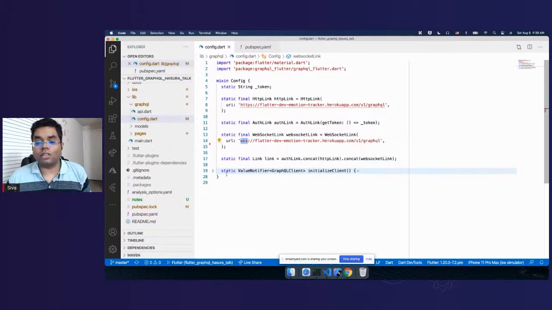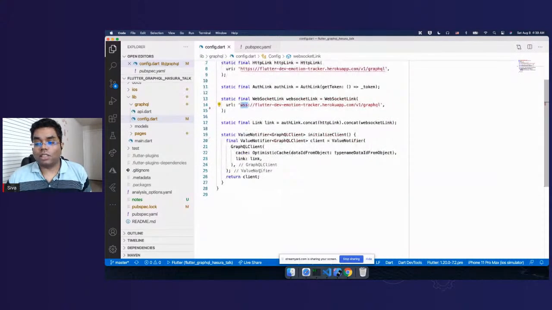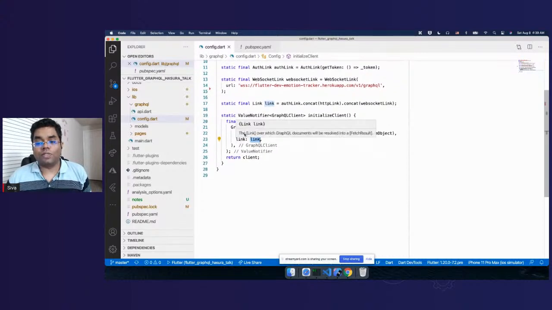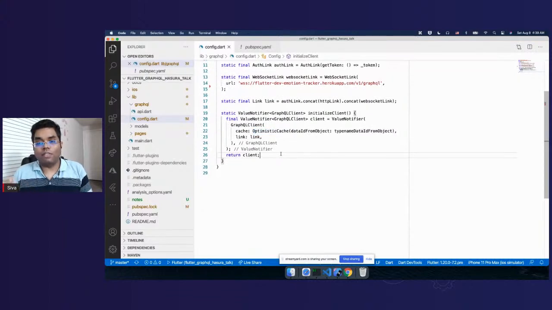And once everything is done, I initialize the GraphQL client with the link I have constructed here. And I'm also specifying the cache, the optimistic cache, right? So once I have initialized the client, I'm ready. Now I can use this GraphQL client to make the query, mutation, and subscription in my application. Now back to this